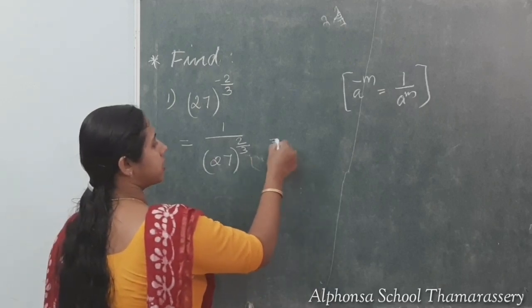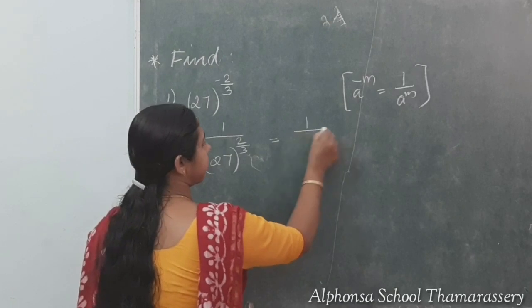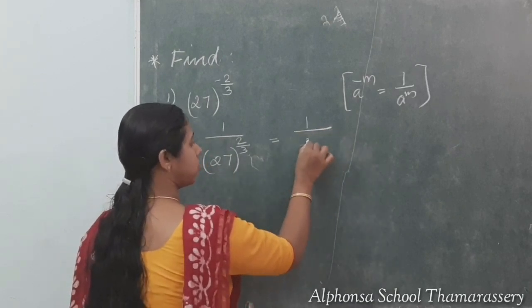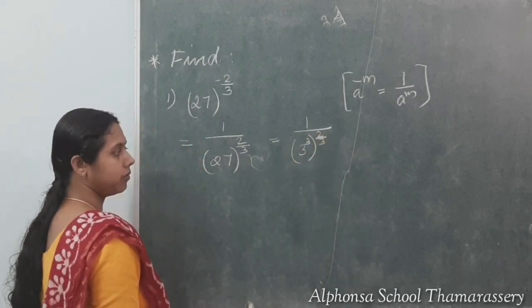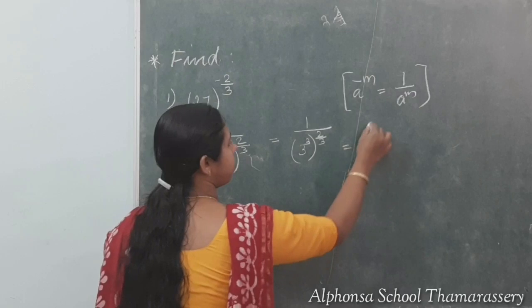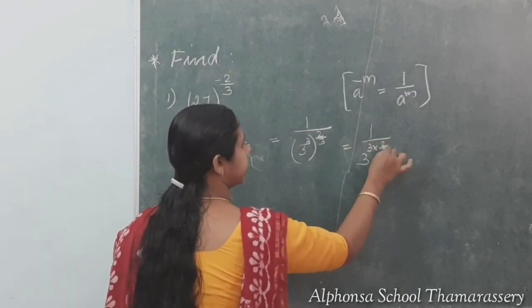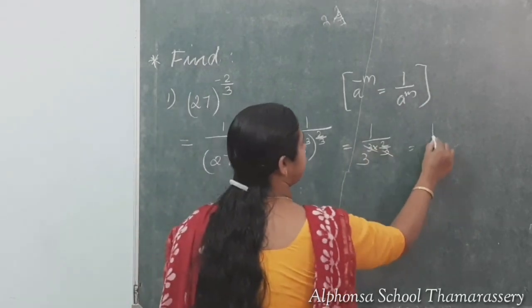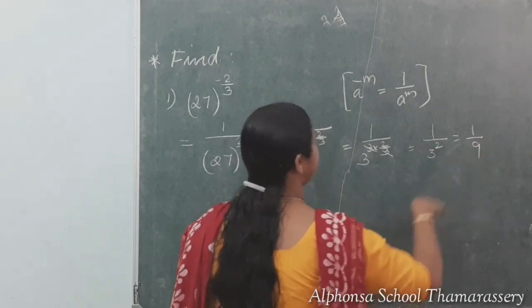Now you can use the laws of exponents, that is 27 we can write as 3 cube whole raised to 2 by 3, which is equal to 1 by 3 raised to 3 into 2 by 3. 3 and 3 cancel, so it will be equal to 1 by 3 square,